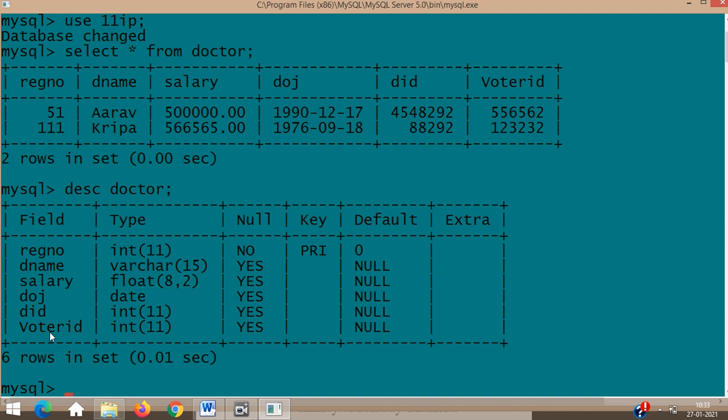Even if you don't have a repeated value here, for example DNAME, a doctor is right now only Aravan Kripa, but in a hospital we cannot restrict that only one doctor can have the name Arav, or that only one doctor should have a salary of 5 lakh. We cannot restrict that only one doctor can join on a particular date, DOJ, which stands for date of joining. All these can be repeated, correct?